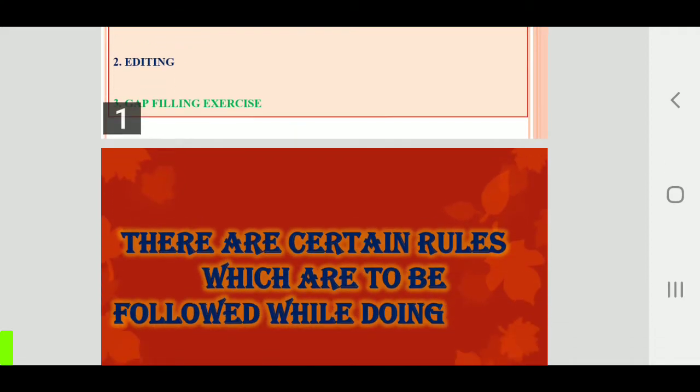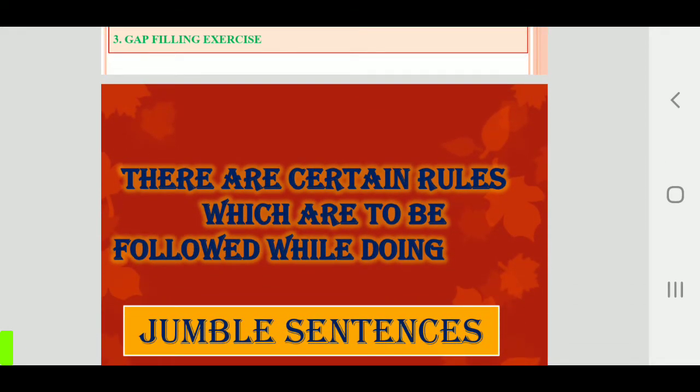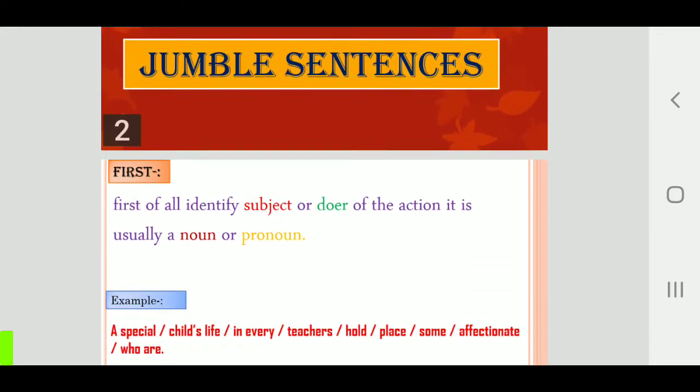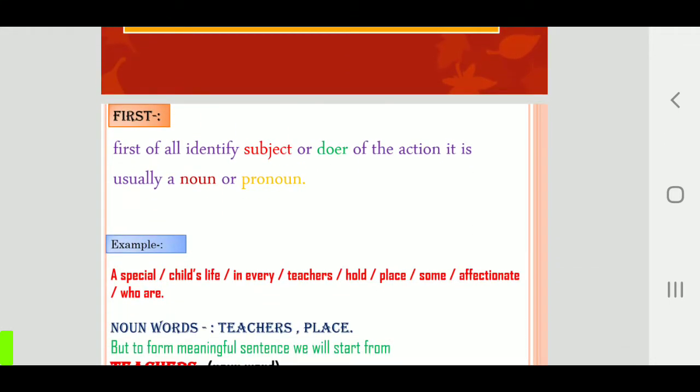There are certain rules which are to be followed while doing jumble sentences. First of all, when the jumble words are given to you, try to identify the subject or doer of the action, the one who is doing the action. It is usually a noun or pronoun. Suppose these jumble words are given to you: a special, child, life, in every, teachers, hold, praise, some, affectionate, who